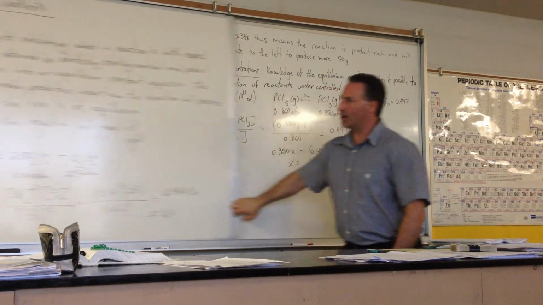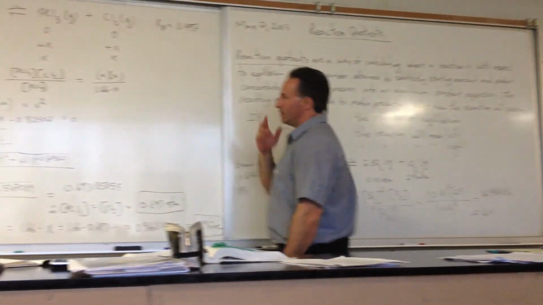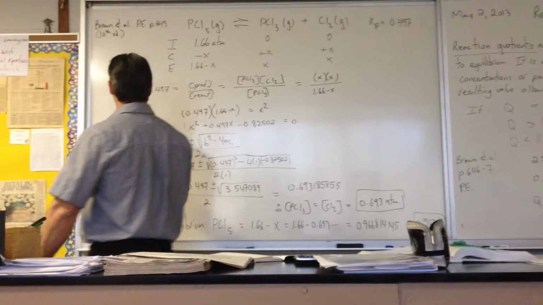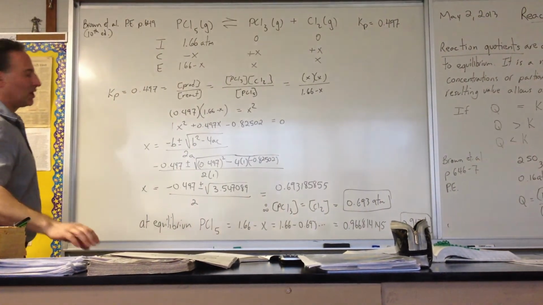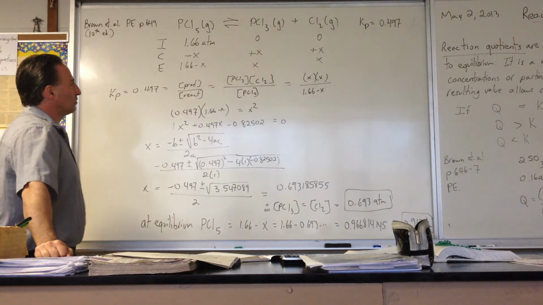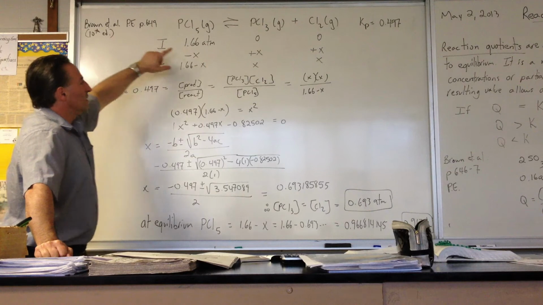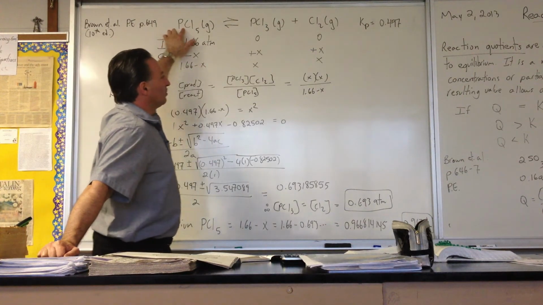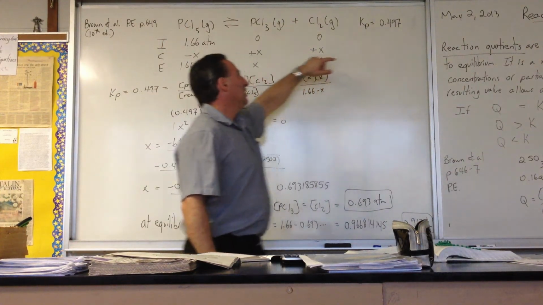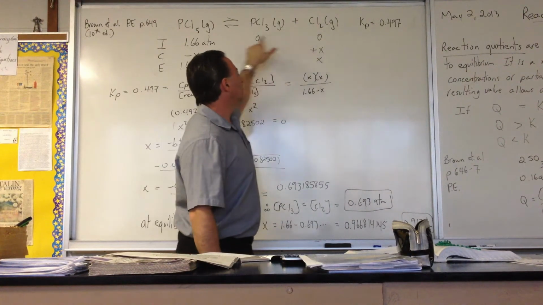In the third example, we use an ICE table. This again is from your textbook, page 649. It shows phosphorus pentachloride breaking down into phosphorus trichloride and chlorine gas. We use an ICE table. We are given the initial concentration of the phosphorus pentachloride, and we're given the value of Kp. At equilibrium, or not at equilibrium, rather, at the beginning of the reaction, there is no product, so we write